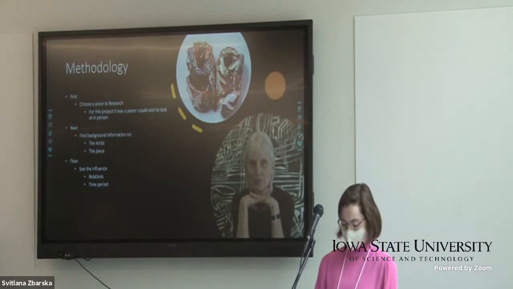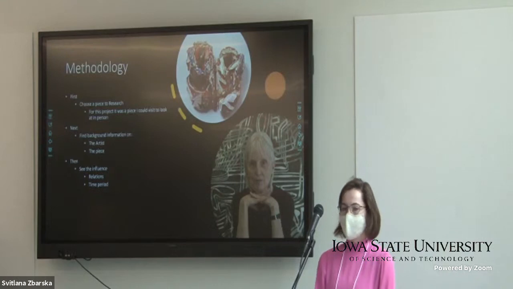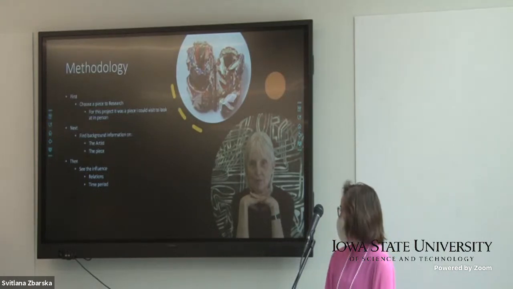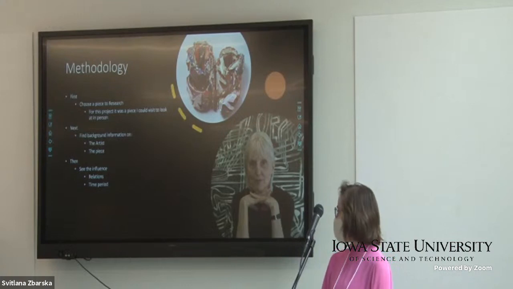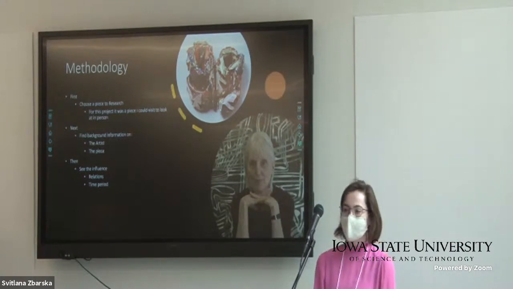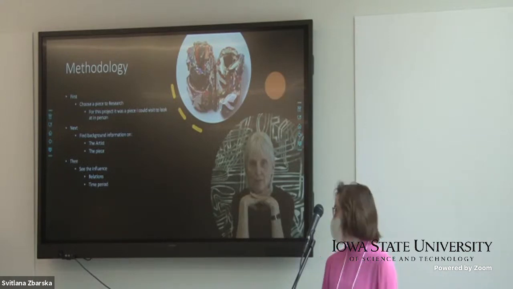and learning what it's made out of, such as the acrylic modeling paste, paint, canvas, and wood. It's composed of 2 pieces on the base. And then it's seeing the influence of her relationships with her family, friends, or people she interacted with on the creation of the art, as well as the time period it was made and the art styles that came before and during that time influencing how she created the art.